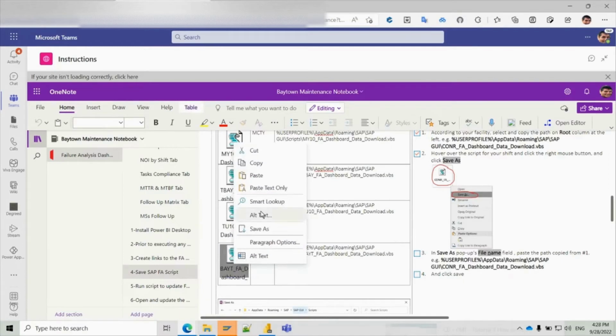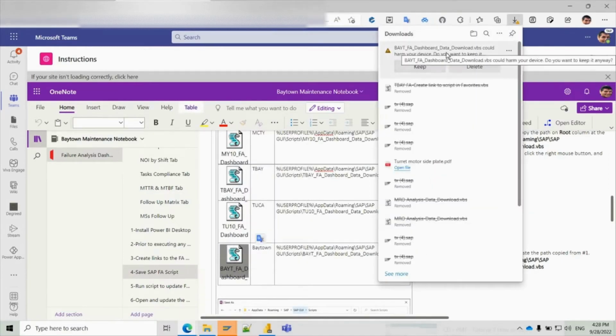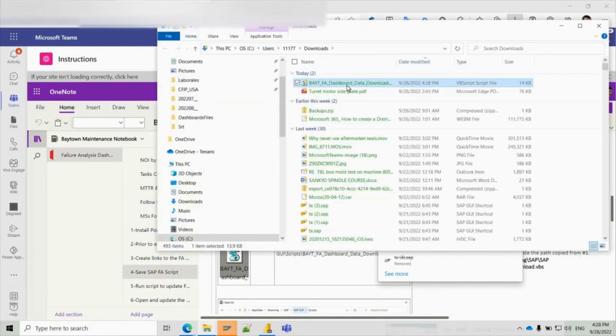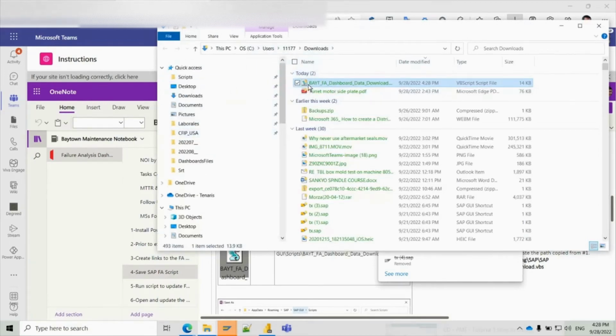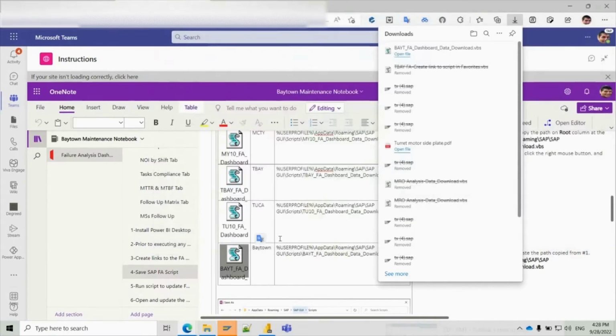So I'm going to save this one, because scripts can harm your computer because they can contain viruses. That's why you'll receive this message. So I'm going to keep it, open the folder, move it to script. Sorry. Now that it is in there,